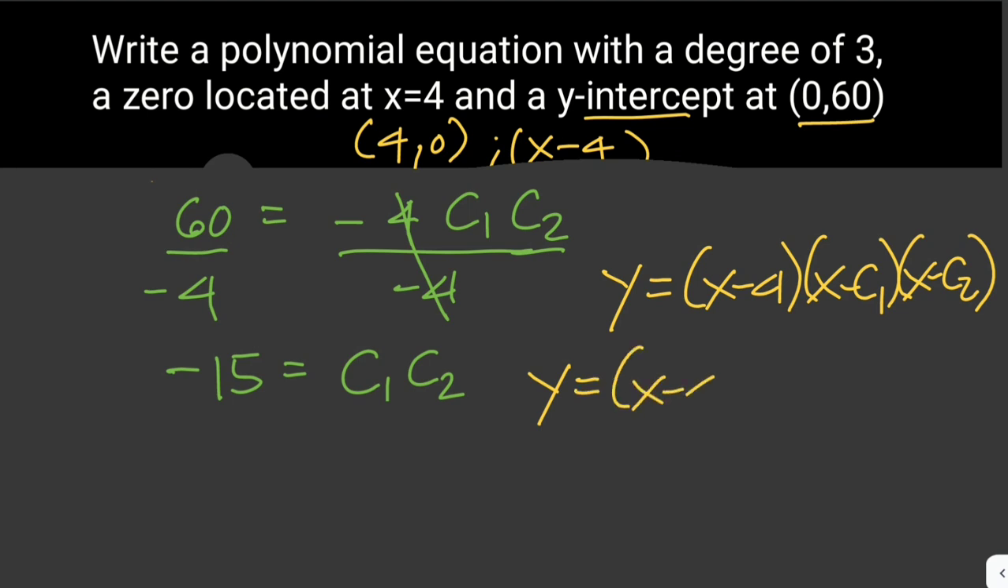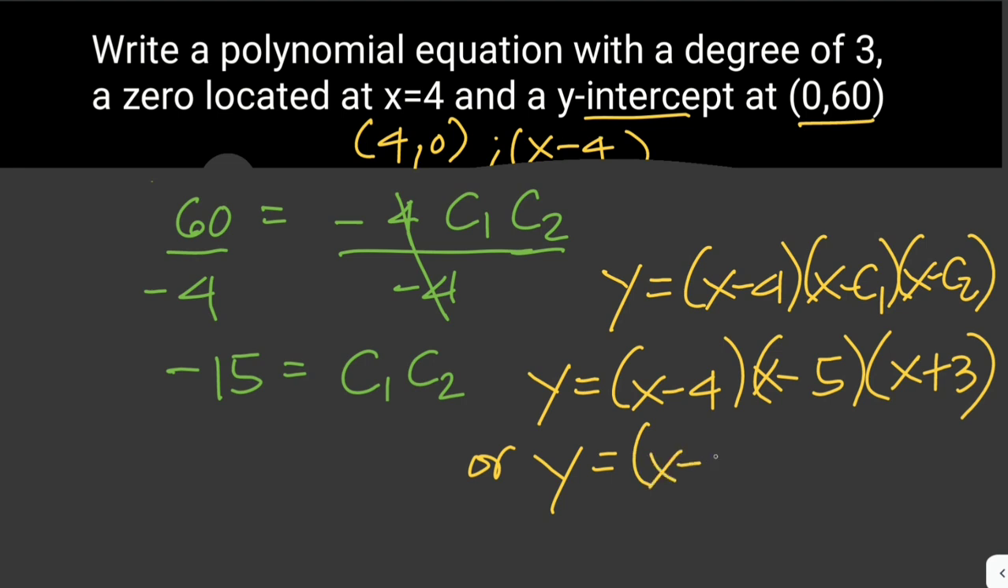So we can write our equation as y equals x minus 4 times x minus 5 times x plus 3, or y equals x minus 4 times x plus 5 times x minus 3. And you can also use negative 15 and positive 1, or positive 15 and negative 1. Actually, this problem has choices, but I just forgot to upload it. Alright,